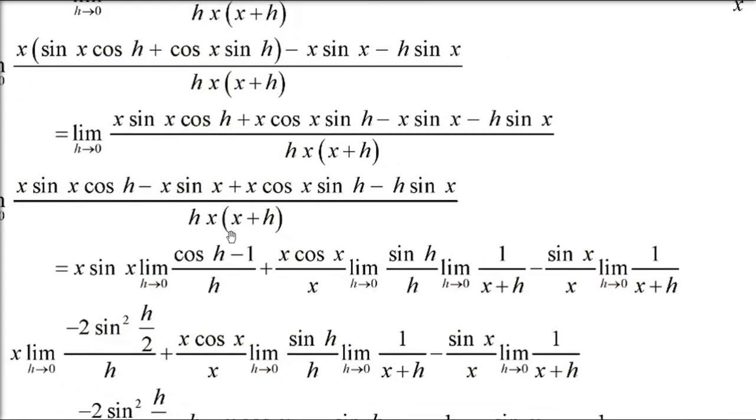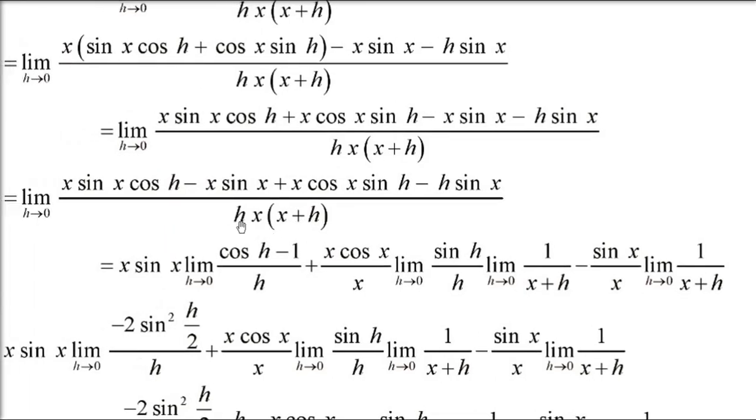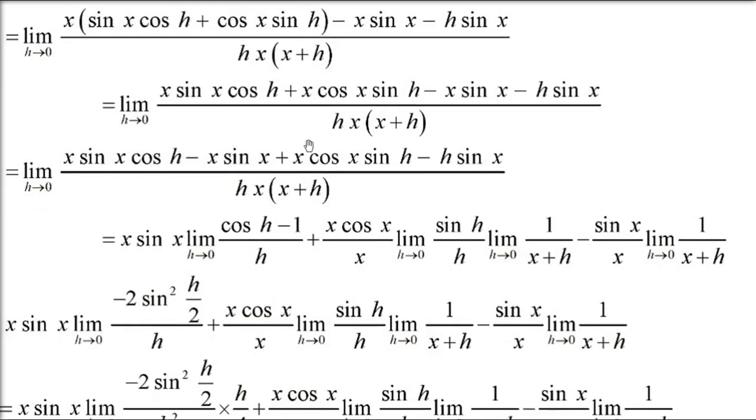We have done a lot of questions like this. Now in this (cos h minus 1), h, x plus h, you can directly say h as 0, so this x plus h will be x, and it will be x square. What I am trying to suggest is that h, x plus h is in the denominator. First we have taken x and x common and it will be (cos h minus 1) by h. In the denominator you have h, x square, because in x plus h you can put h as 0.